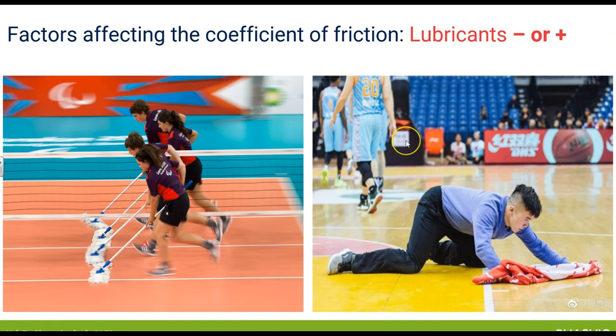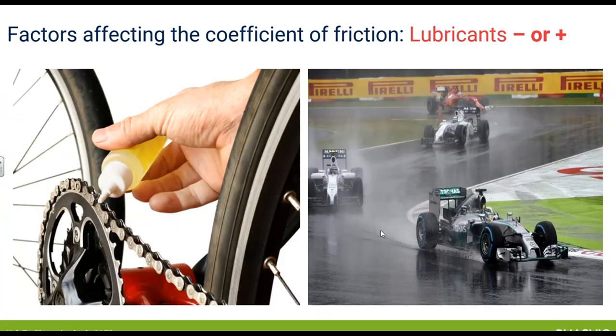Sometimes lubricants are present between surfaces. That means probably liquids or dust, you could say. In these cases, the floors are being wiped, the surfaces are being cleaned so that there is optimal friction between the footwear of these basketball players. I think it's a tennis court, is it? Or actually it's probably a badminton court, because they want to have grip. If sweat has dripped on the floor, that will act as a lubricant and they will lose their grip and obviously possibly damage themselves. So in these cases, we don't want lubricants involved between the surfaces because it is problematic or has safety implications,